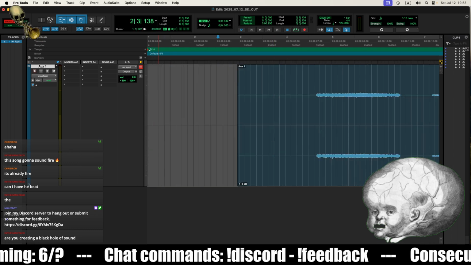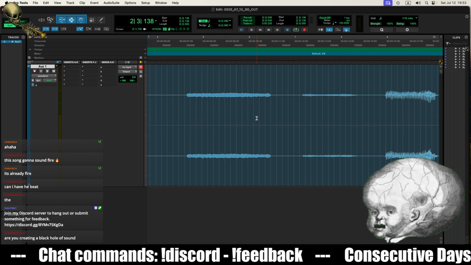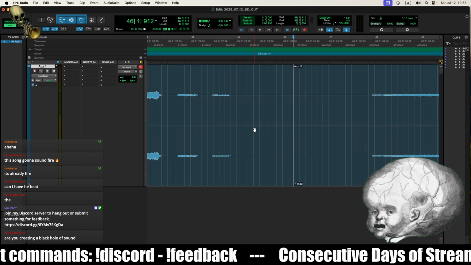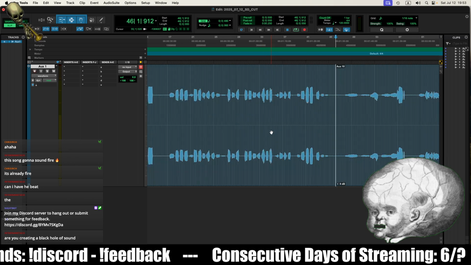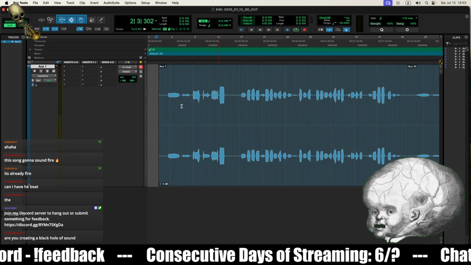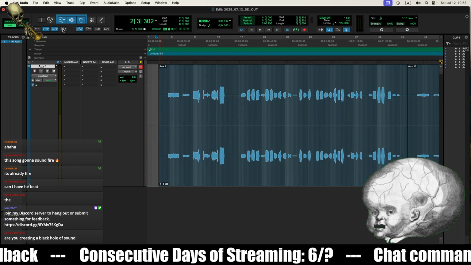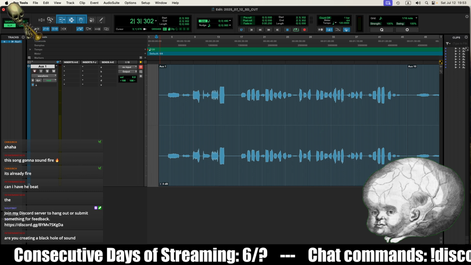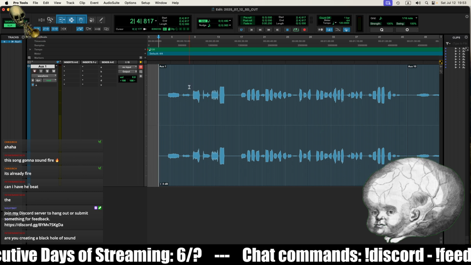Pro Tools has a very nice feature, slip, called tap to transient. Wait, what? Tap to transients.